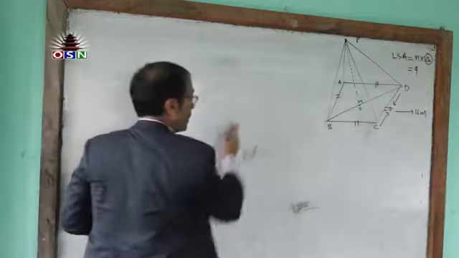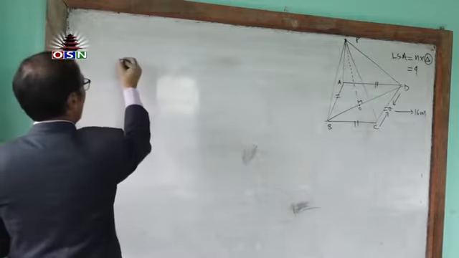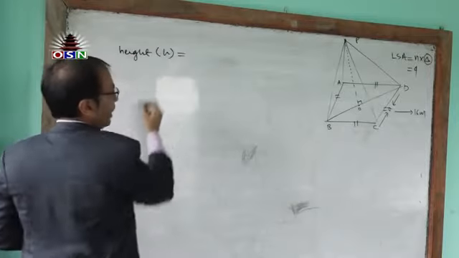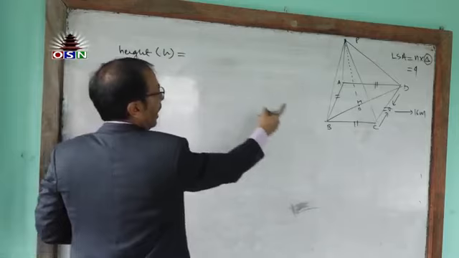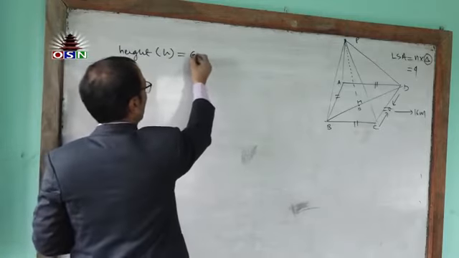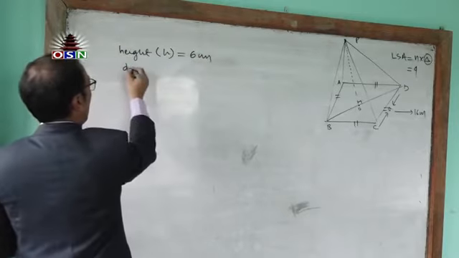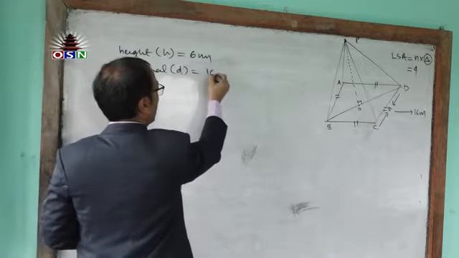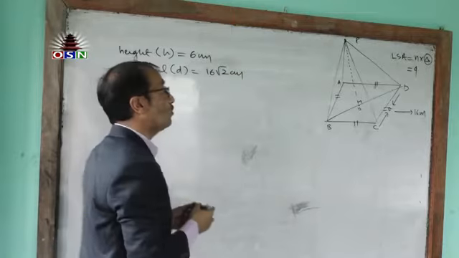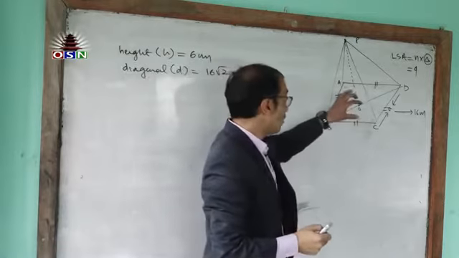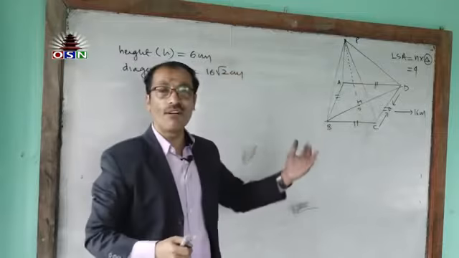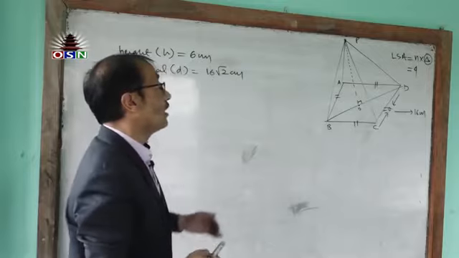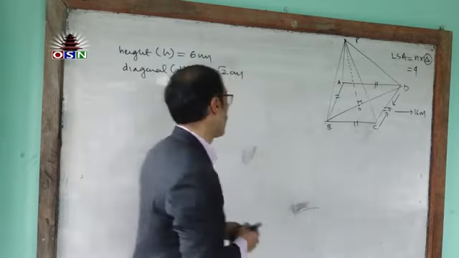See here, first of all, you should be clear what is given. We are given the height of the pyramid: the question has given you 6 centimeter. And the diagonal D of the base is given: 16 root under 2 centimeter. These 2 things are given, and according to this fact, we have already found the volume. Now I am going to teach you an alternative method to find the total surface area. For what?